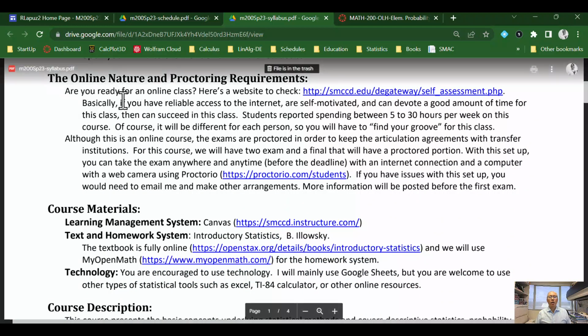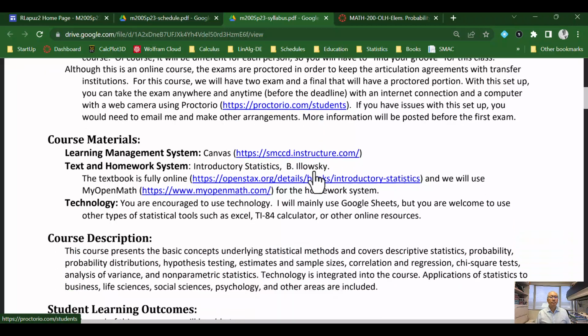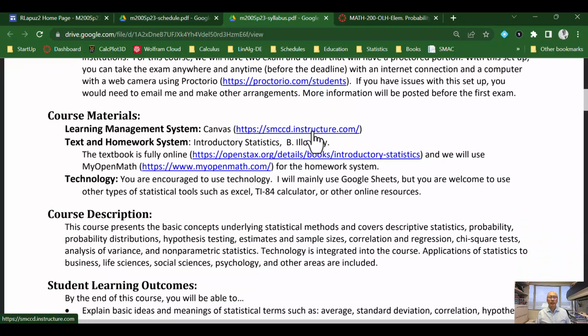The course will require us to proctor our exams to try to keep our agreements with some 4-year universities. And so we're going to use Proctorio, and there's some information about that. We will be using, again, Canvas, and we're going to use an open source textbook from OpenStax and an associated learning management system called MyOpenMath, and that will link through Canvas, so you don't really even need to know about MyOpenMath.